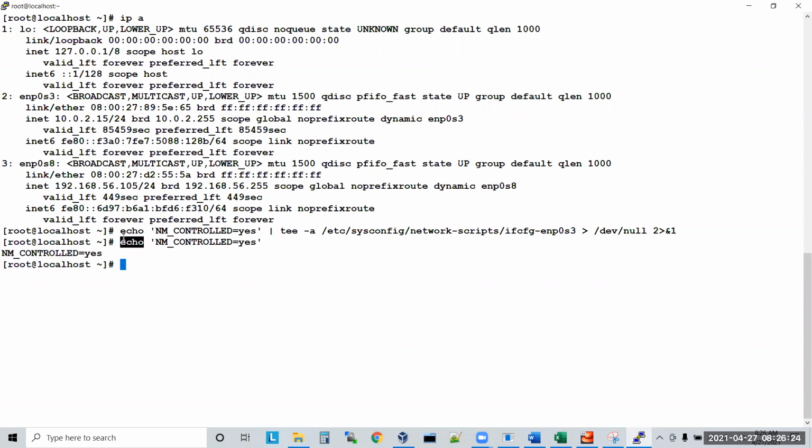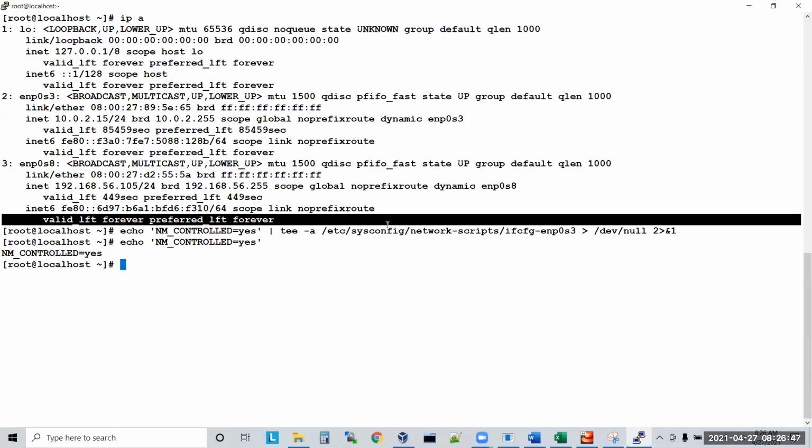The word itself says it: echo means repeating the same thing. Whatever you have given here, it will print here. And what is this tee command? The tee command will append this line into this file. What is the file? It is in etc, sysconfig, and so on.